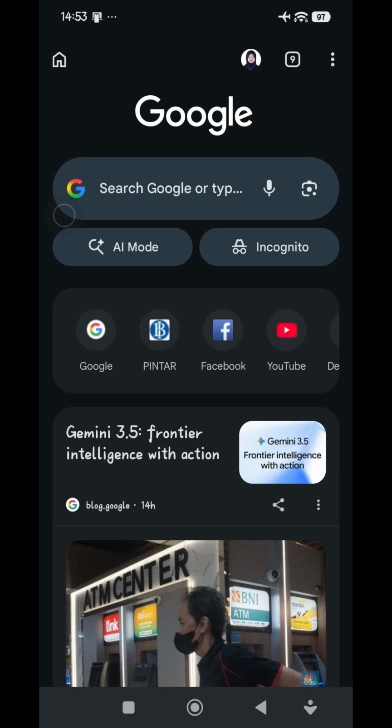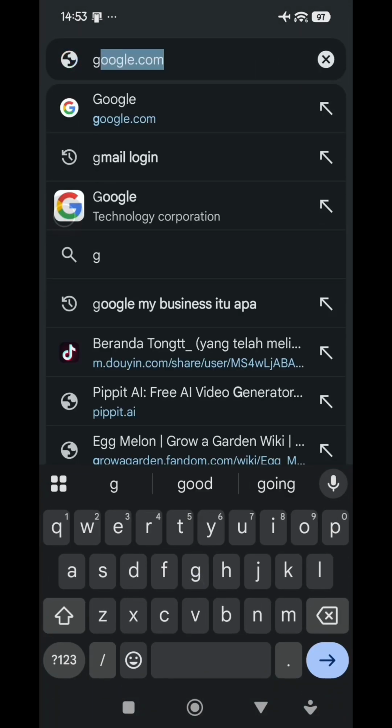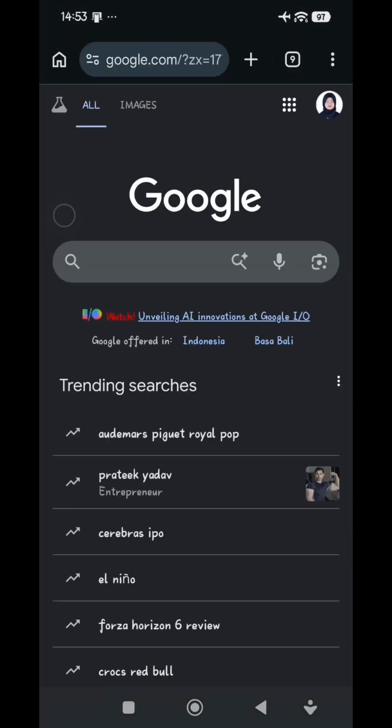First, just open your browser. For example, in this tutorial, I will be using Google Chrome, but other browsers with saved passwords may work similarly. So just open your browser. Here, I will open my Chrome, and then next just go to google.com like this,